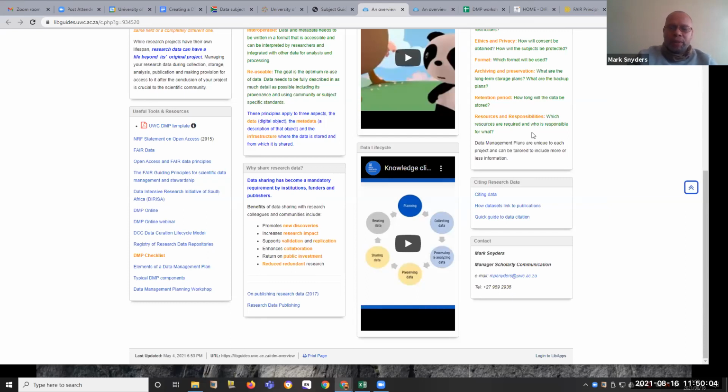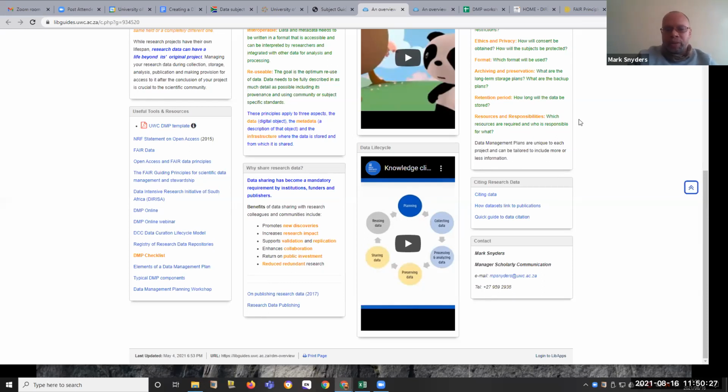When it comes to significantly large projects, the researcher may want to outsource the function of data storage and analysis. You need to identify who those people are and who is going to work with the research data.